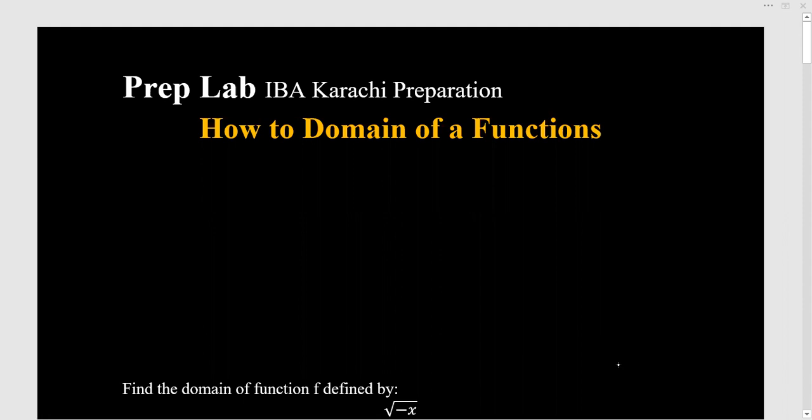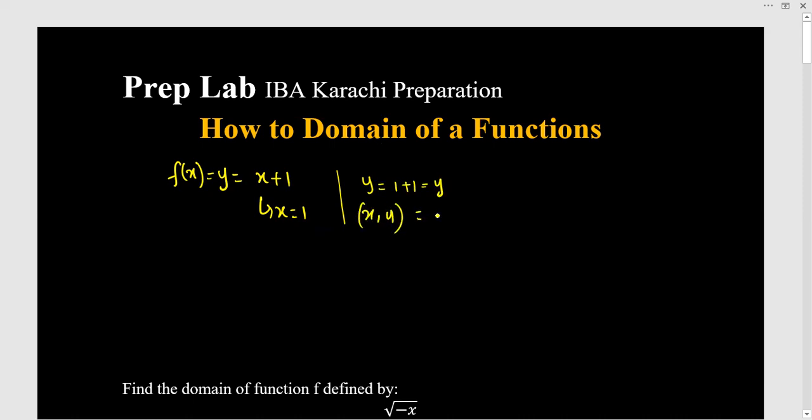A function is usually written in this format, y equals f of x, which is also equal to y, and for example, x plus 1 is a function. It means that whatever x value you put in, you get the y value. For example, if you put x equal to 1, you will get 1 plus 1, 2. So you are putting one value, you are getting 2. So what to understand over there is that x is the independent variable, right? When you are putting a value in a function x, you are getting y.